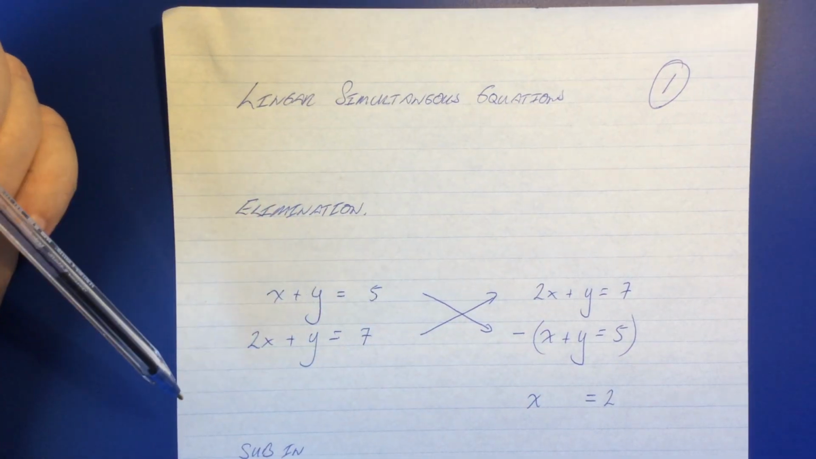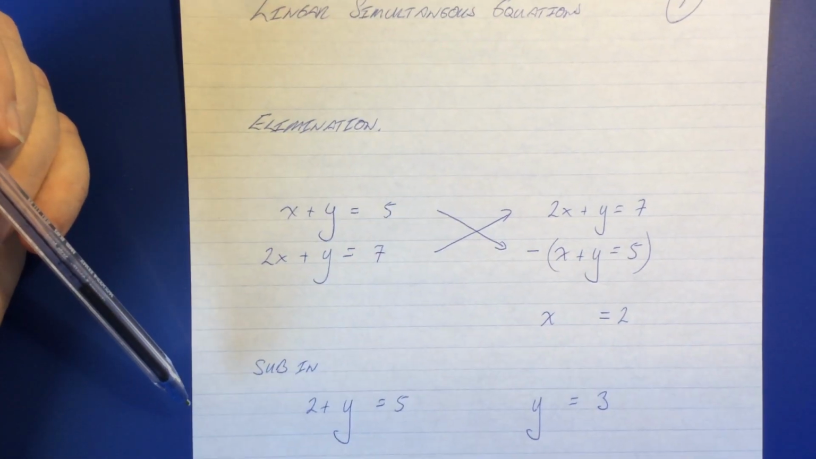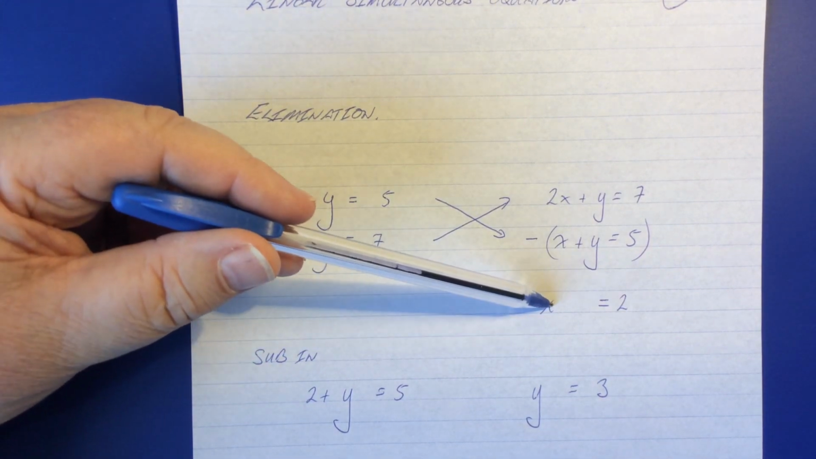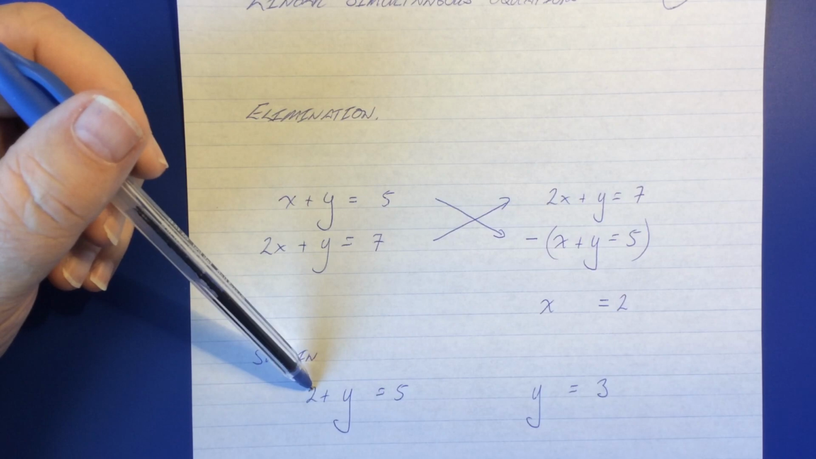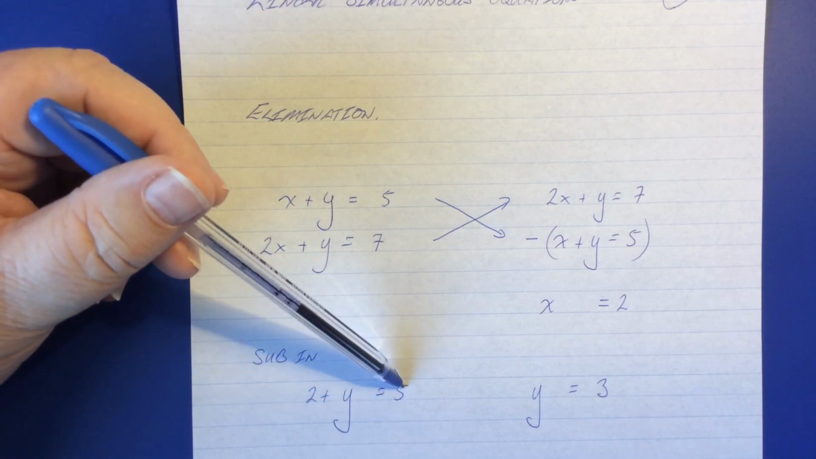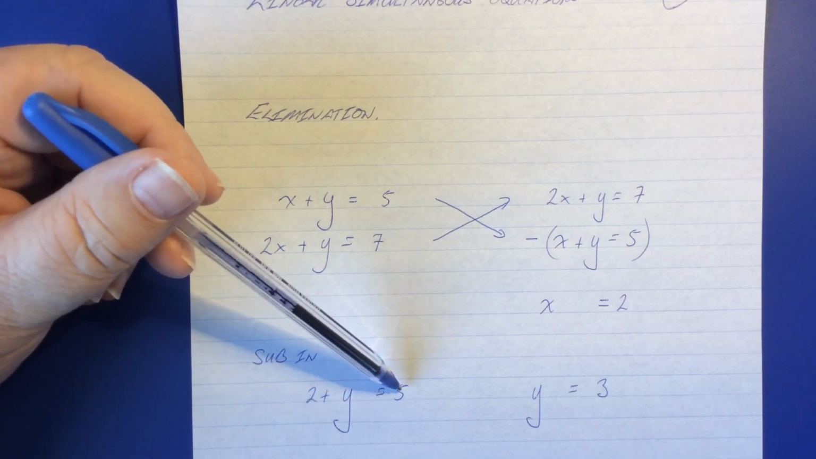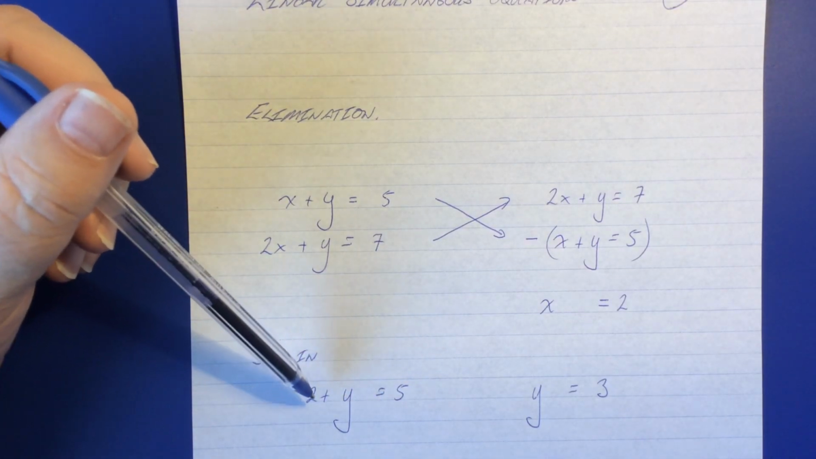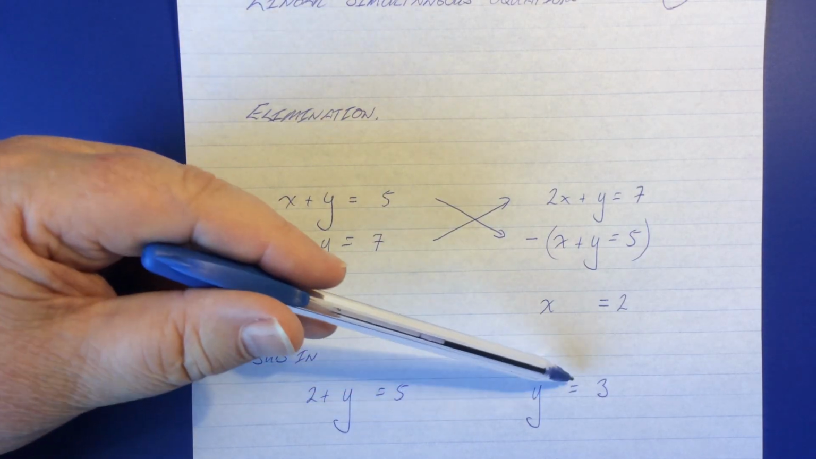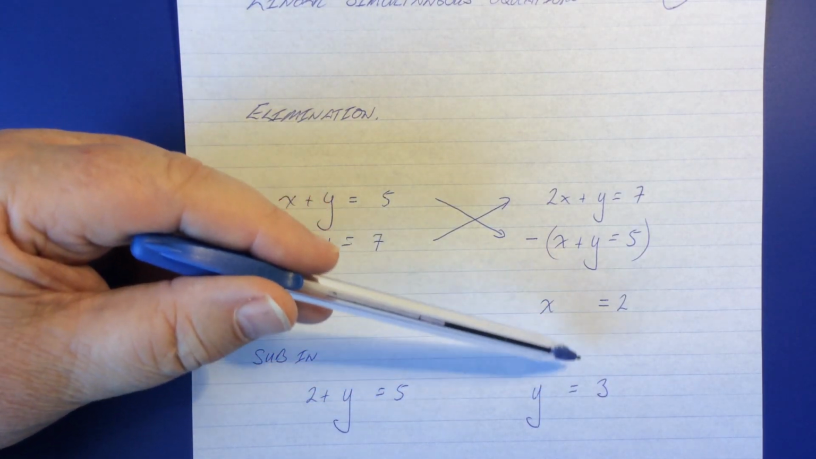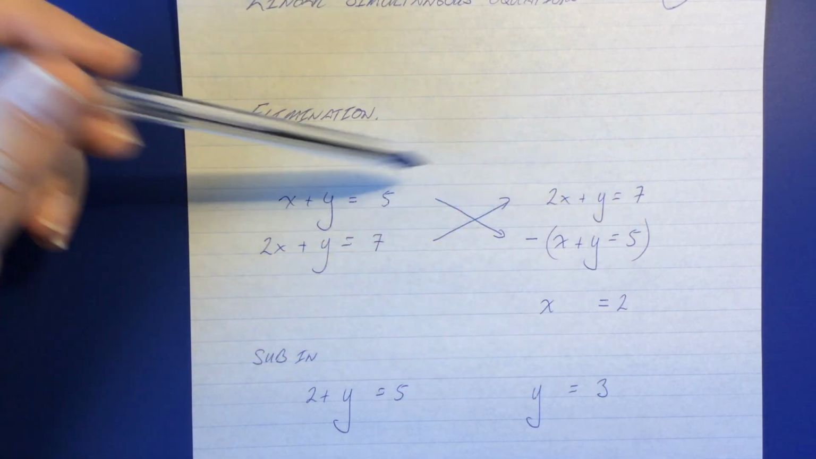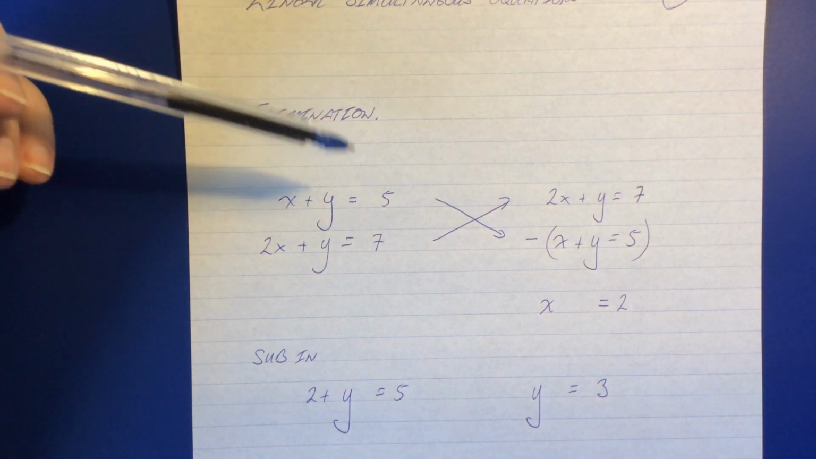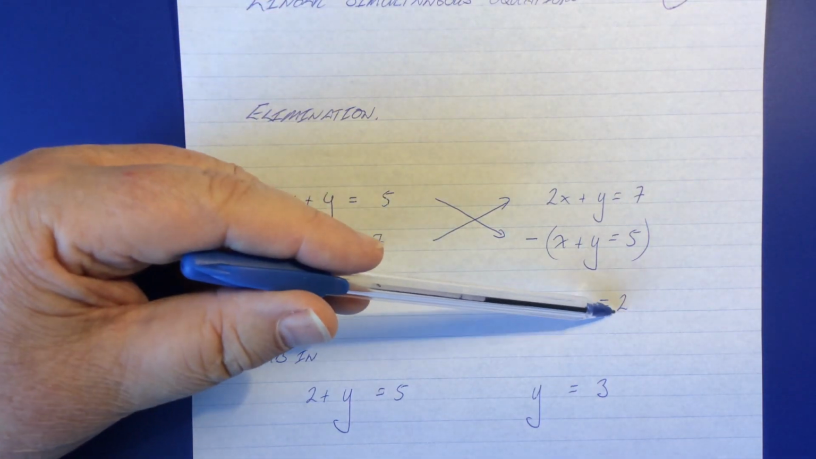Now, in order to get the y value, all we do is substitute in the value of x, which is 2, and solve for y. So what we do is just quite simply ask 2 plus what equals 5, and the answer is 3. So x is 2, y equals 3. If we were to draw these two lines on a single graph, they would intersect at the point 2, 3